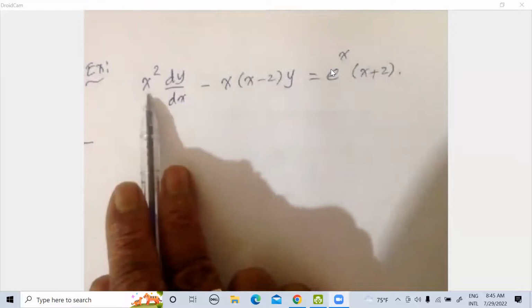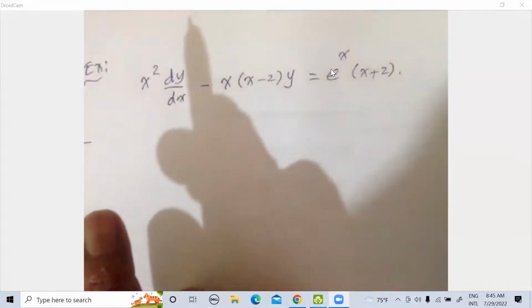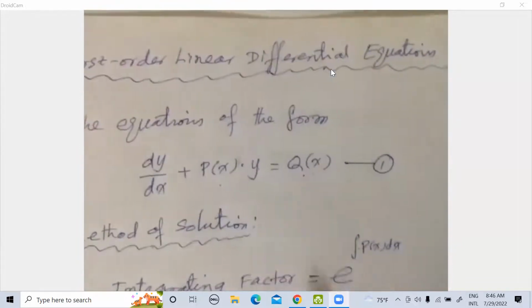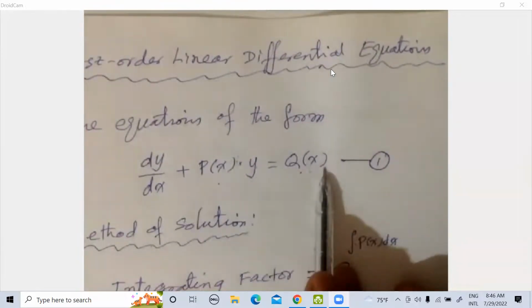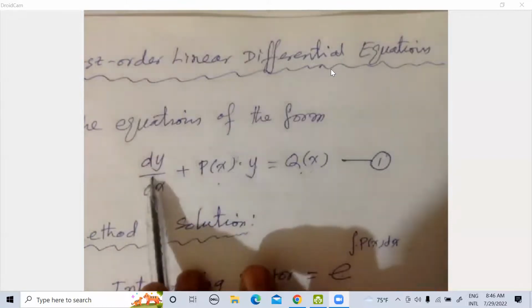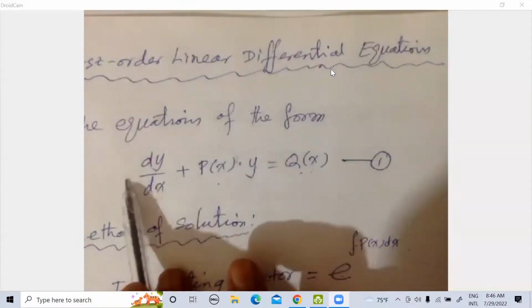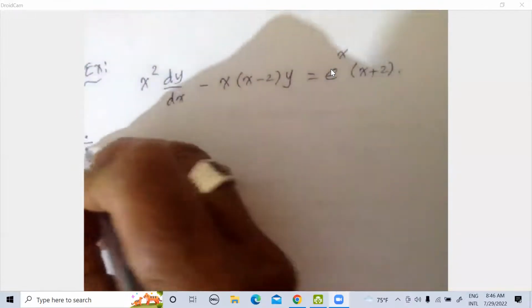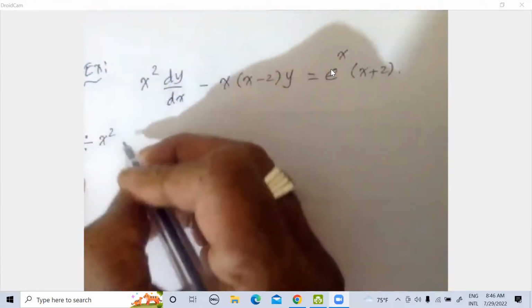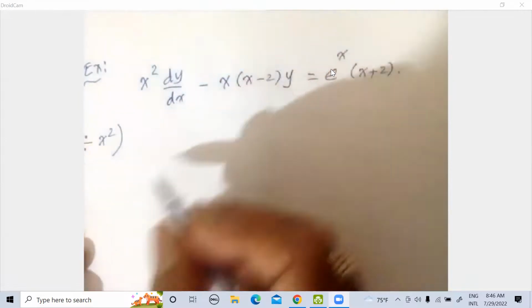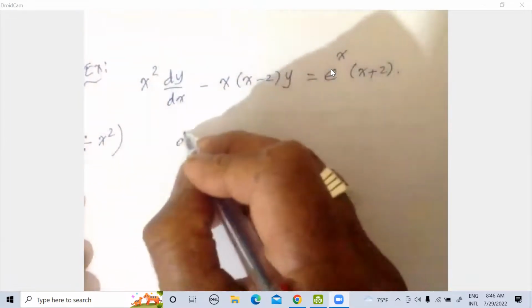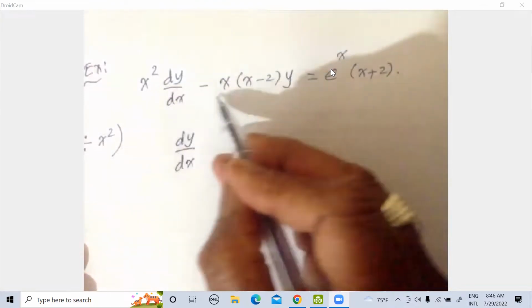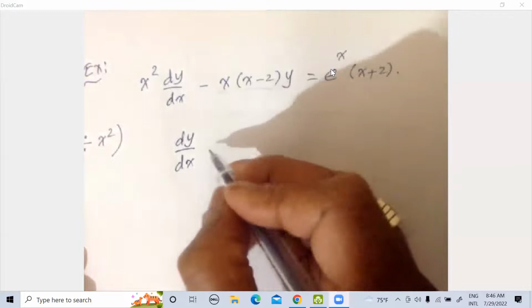But this x squared is not there in the standard form, so the coefficient of dy over dx should be 1. So divide this by x squared. If you divide it by x squared, since the time is running out, the equation becomes dy over dx